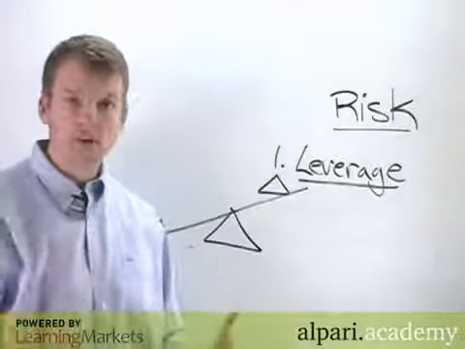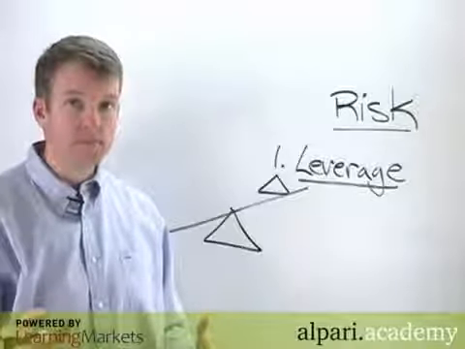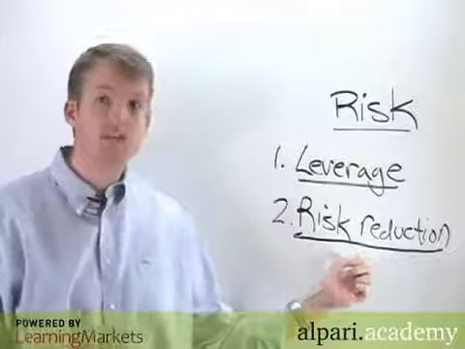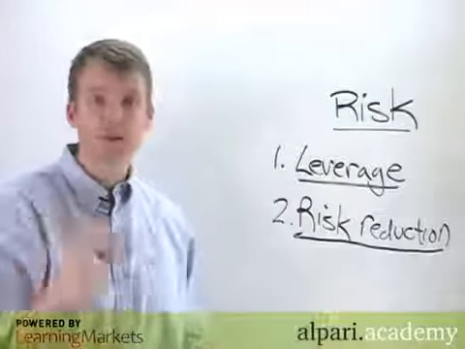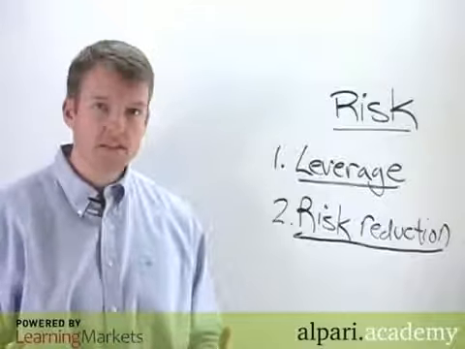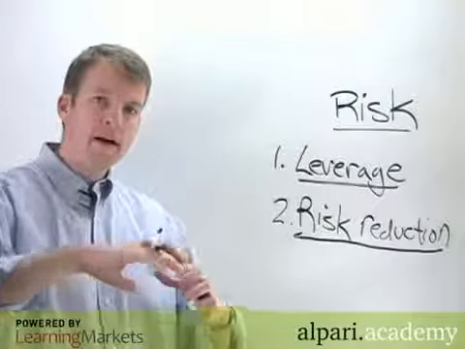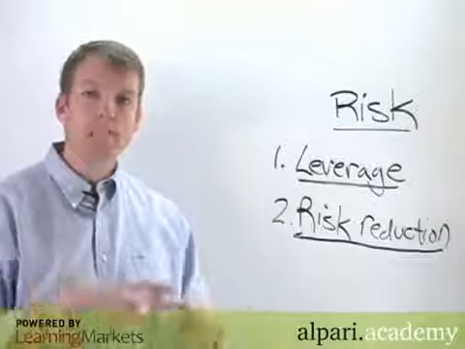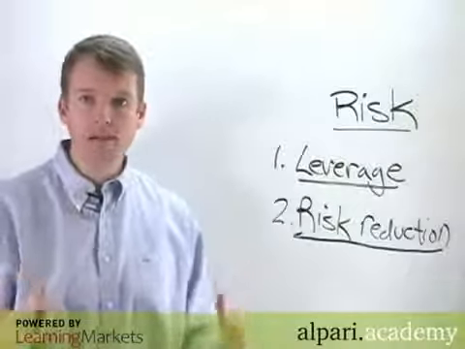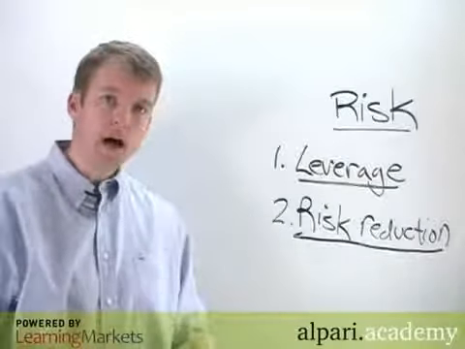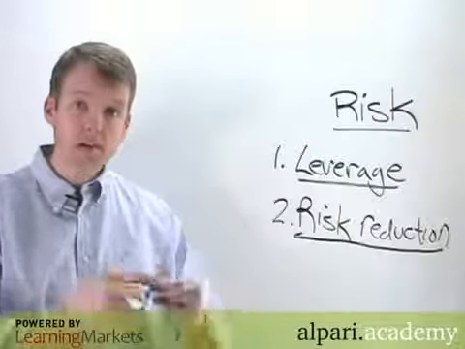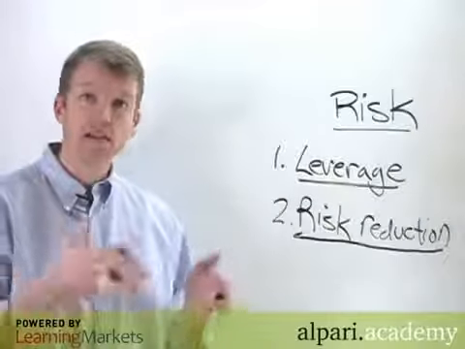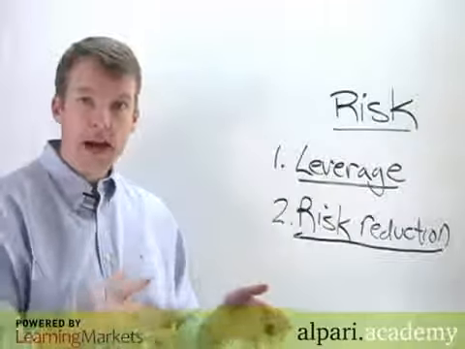Now, there is another category of risk as well that we're very concerned about. The second risk that we're very concerned about is relative to risk reduction strategies like stop losses, which are a great example. There are conditions in the market that will occur where the market is moving so quickly, or just market conditions and liquidity in general may prevent a stop loss from being executed, which means that if you had a stop loss on one of your positions, you may actually lose more than you had anticipated based on that stop loss amount, just because the order could not be executed at that price.